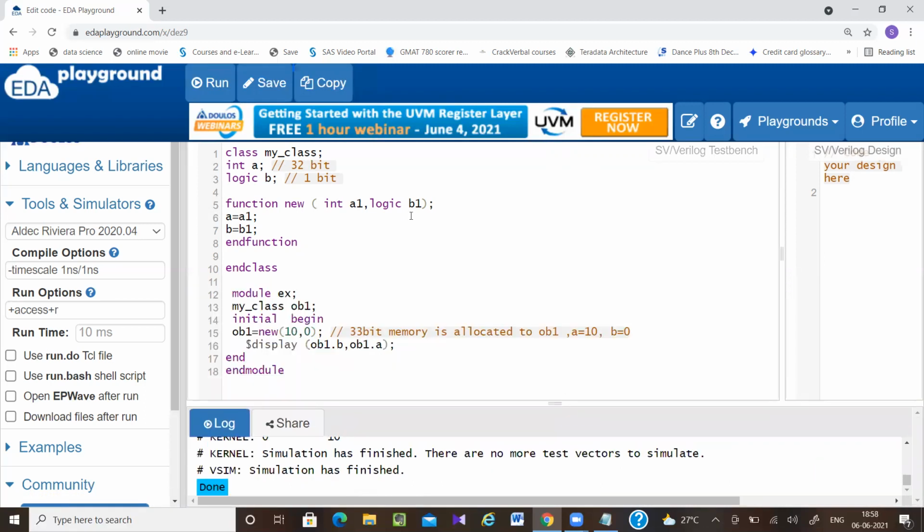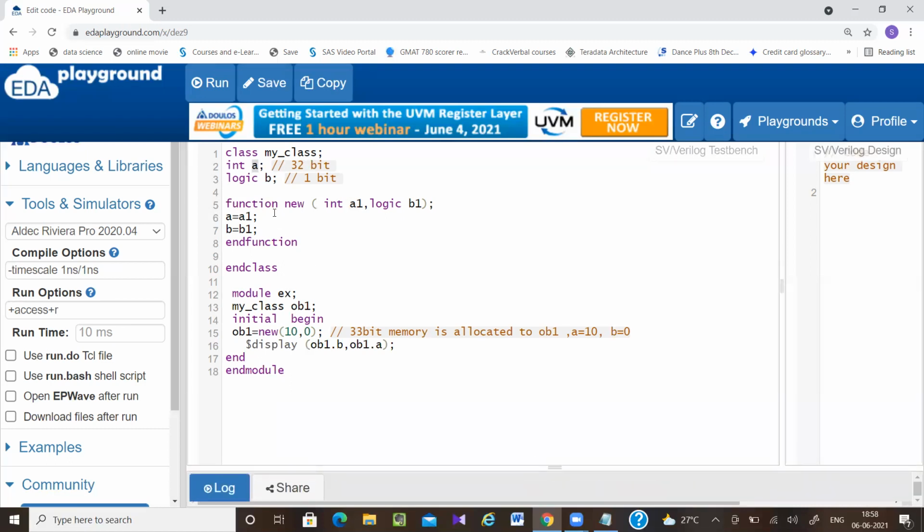Here I am passing the value 10 to a1, so a1 becomes 10. Now a = a1, so a becomes 10. Here I have given the variable names a and b, and here a1 and b1. When there are many class properties, giving a different variable name each time will be confusing.